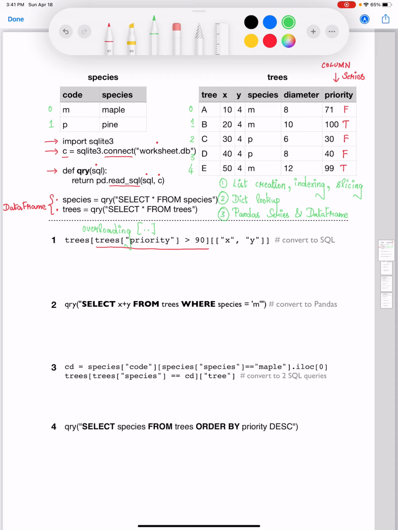What are we doing with the Boolean series? We are applying it back to the original trees data frame. We are doing that by saying trees of that particular Boolean expression. Recall that this is nothing but Boolean indexing. Boolean indexing is going to enable us to retrieve subset of the data frame where we only have rows which satisfy that particular Boolean series. So in this particular example, that's going to be row with index 1 and row with index 4 over here.